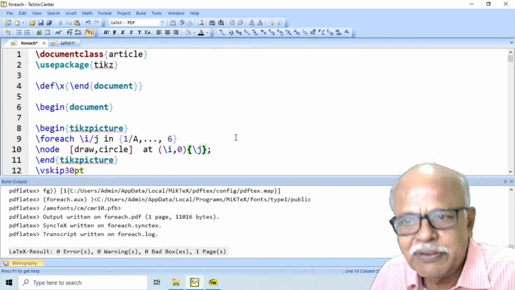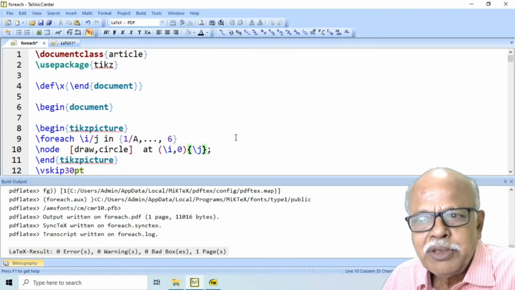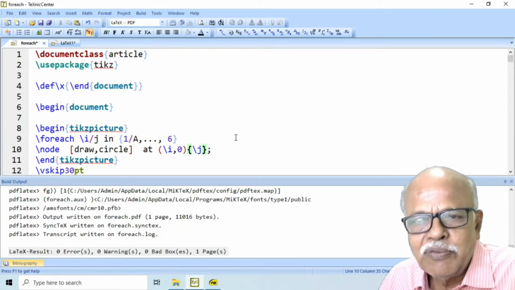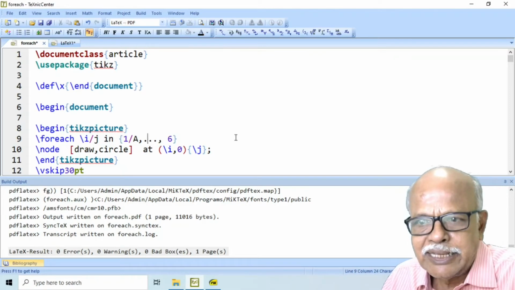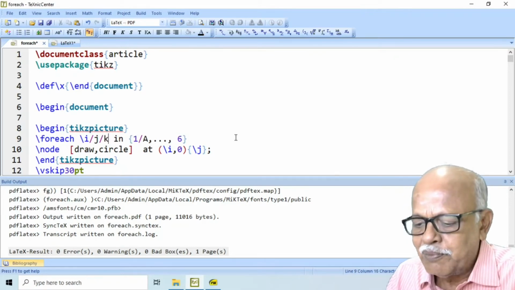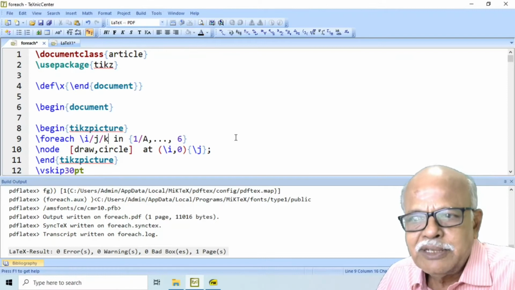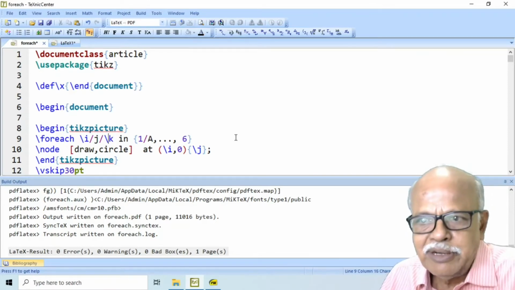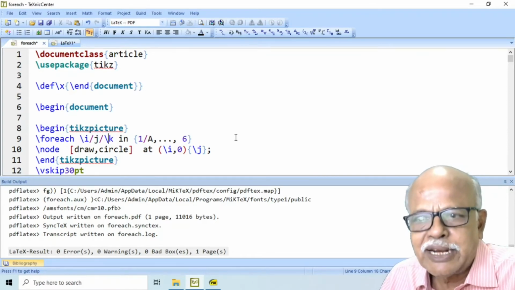Again, you can define one more variable like this, \k, which you may use to define colors.